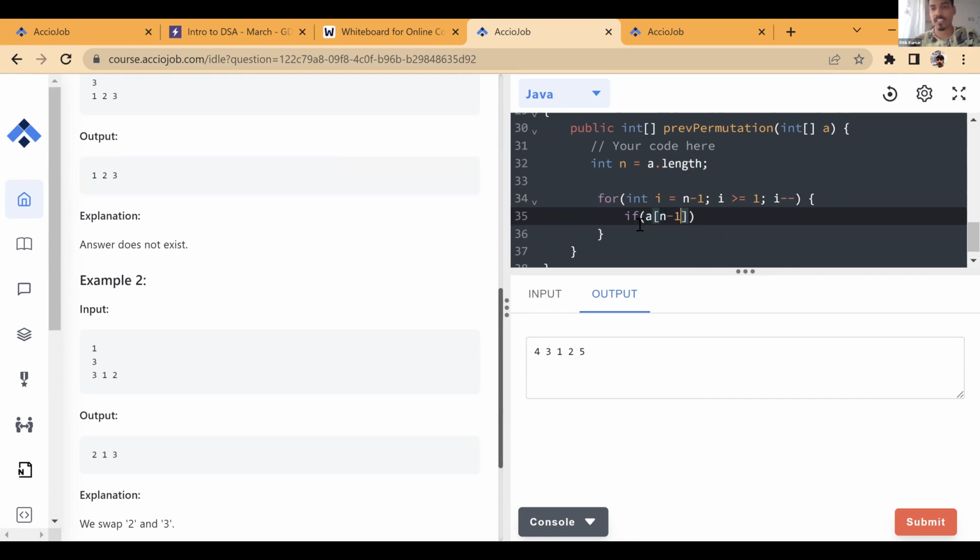If any a of i is greater than this, right? So we can start with n minus 2. So we are running from n minus 2 to 0. Okay, let's run from n minus 2 to 0, and we'll check if there is any a of i which is greater than this. If you find any a of i that is greater than this,